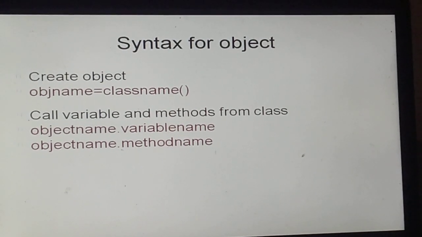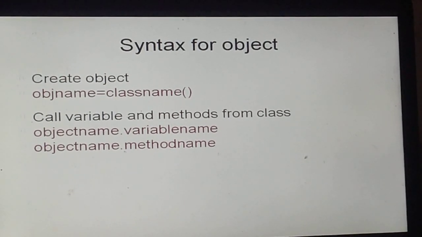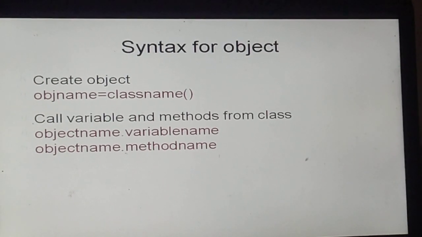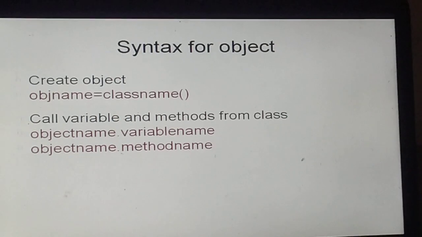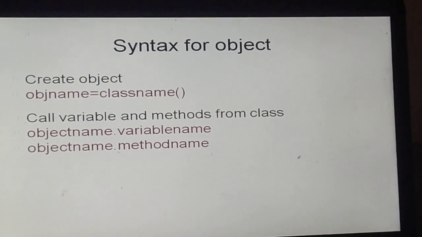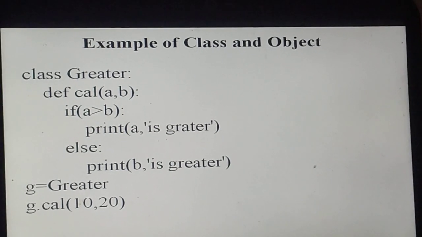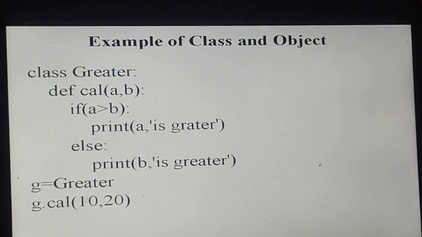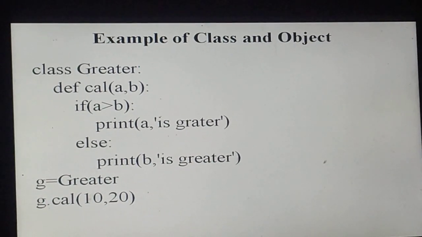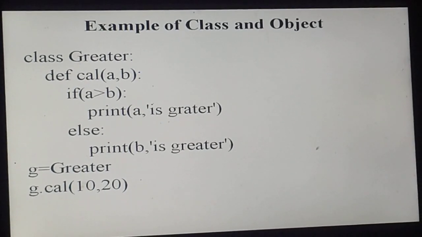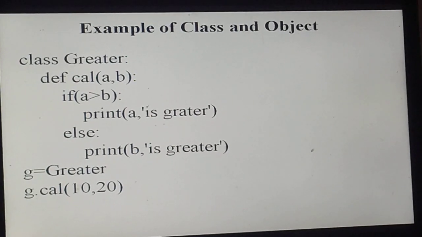To access a data member of a class, or any member function written inside the class, you have to use the object. So let's discuss one example here. This is a very basic example of class and object, for initial level. Later on we'll discuss what class methods are and how to use the self object there. So this is a simple example.